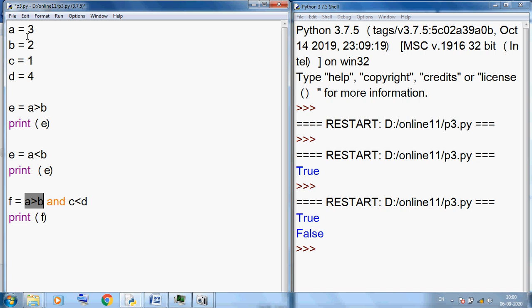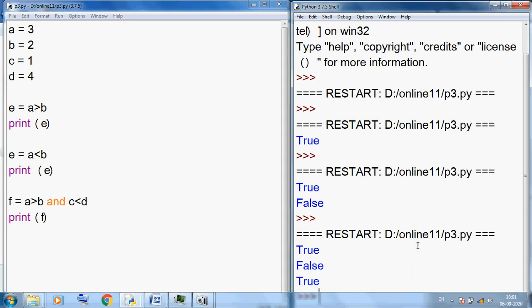The value of A is 3 and B is 2, so 3 greater than 2 gives True. Here C is 1, and 1 less than 4 is again True. Both are True, so finally AND will give True. The output of F is True. You can see our output is True.